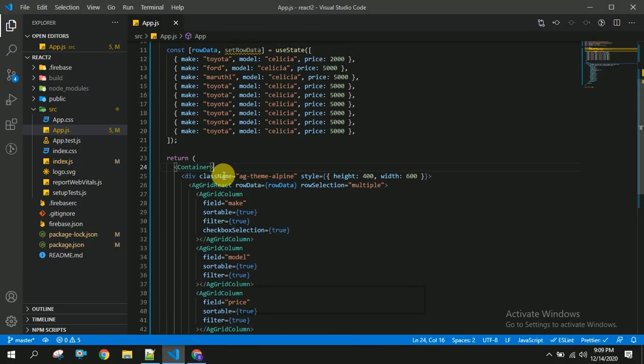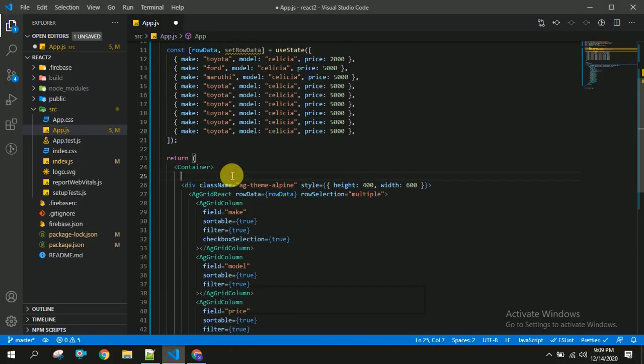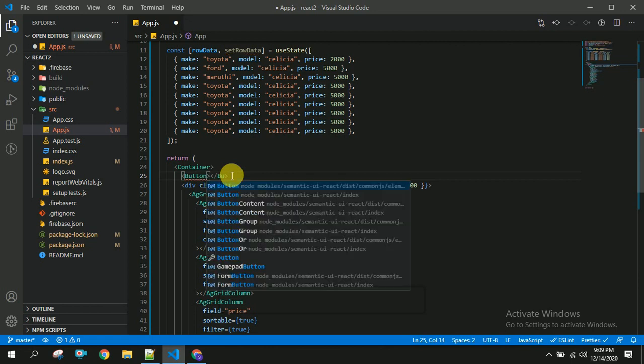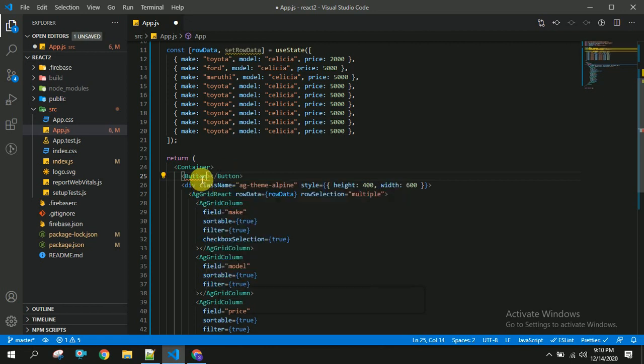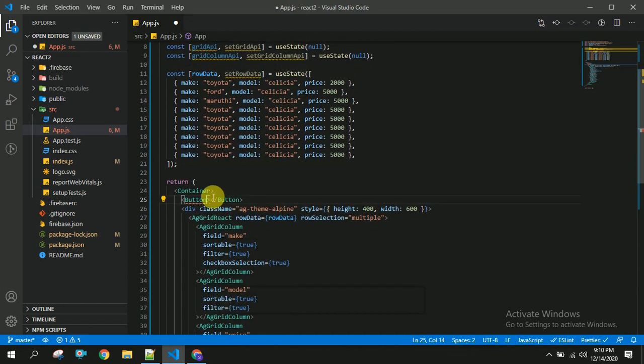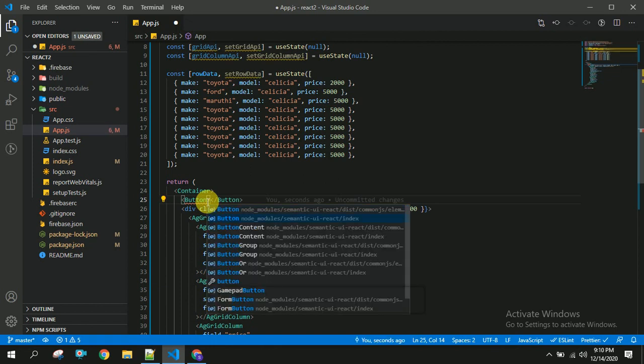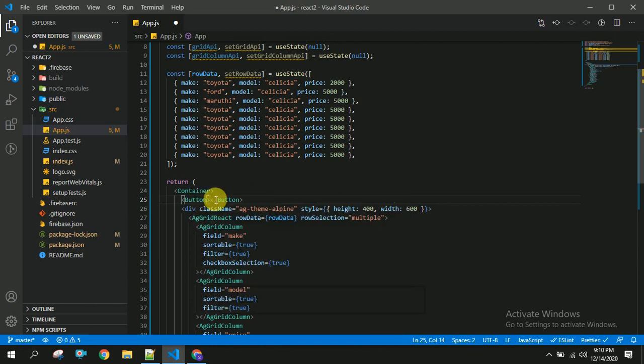For that I am going to create a button here. The button is as usual a Semantic UI button. It will be auto imported, but today it's giving some trouble for me. Okay, yeah, it's got auto imported.